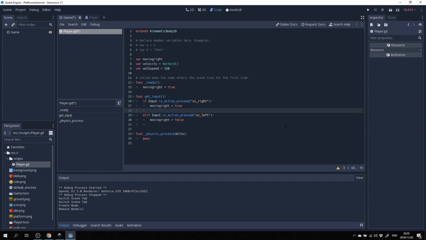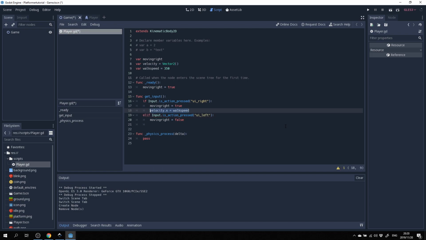Okay, so now we're going to apply this to our velocity. In order to do that, we're going to say velocity.x, and for our right position we need to add walk speed. So we give it a positive walk speed in the right direction.